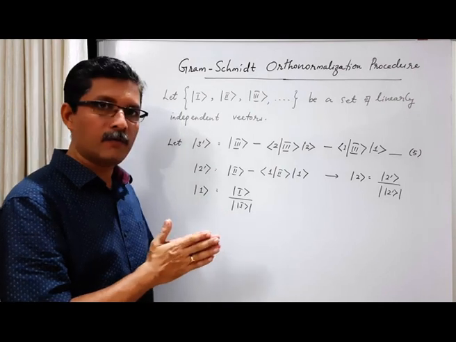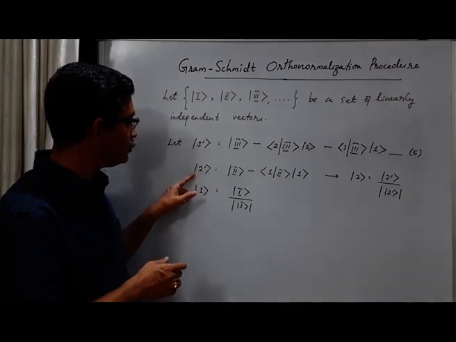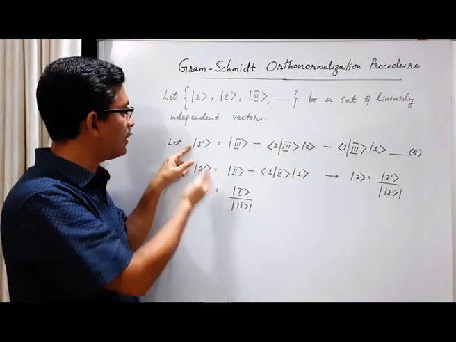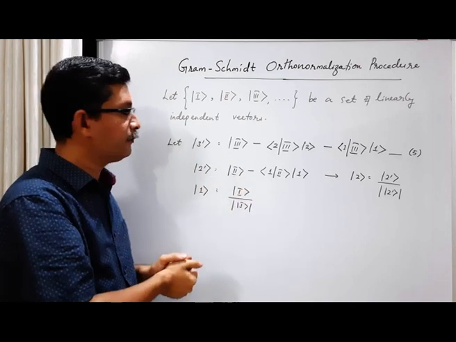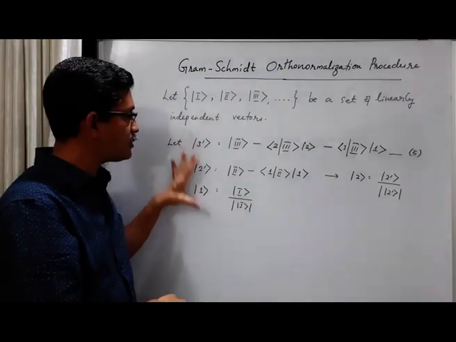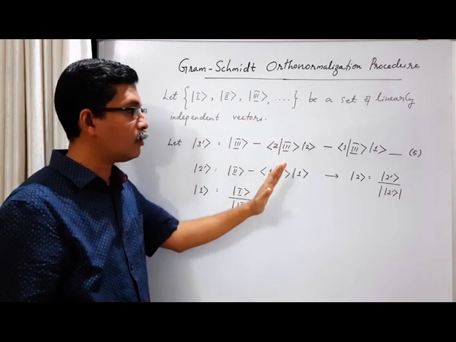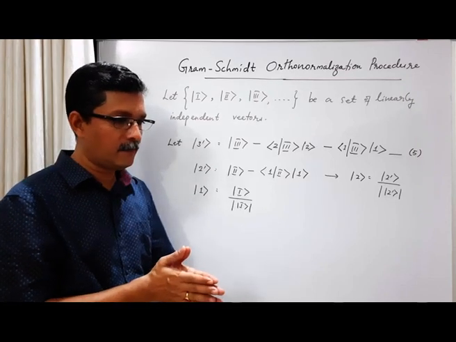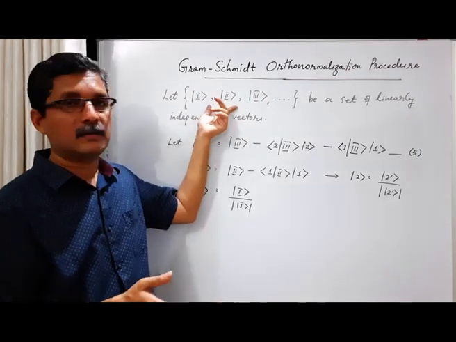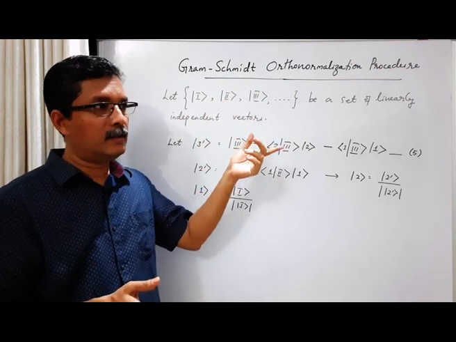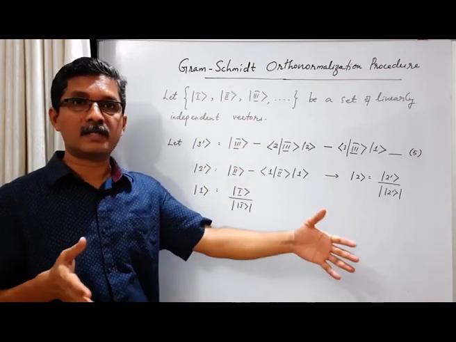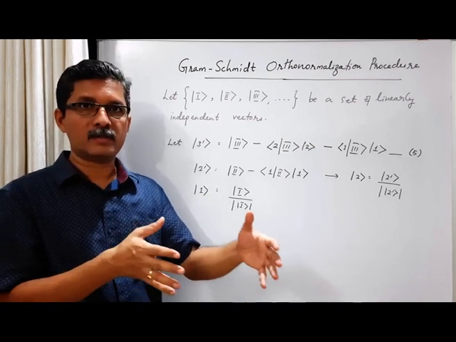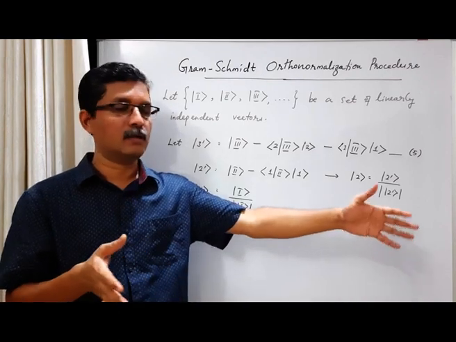See, one thing we have to note is that from ket 2 prime we can construct ket 2, and from ket 3 prime we can construct ket 3 by dividing with the norm. So this ket 1, ket 2, ket 3, the new set, are all linear combinations of the old set of vectors. Okay. Now if you have a set of linearly independent vectors, then a linear relationship between them, something like a1 ket 1 plus a2 ket 2 plus a3 ket 3 etc. equal to 0.